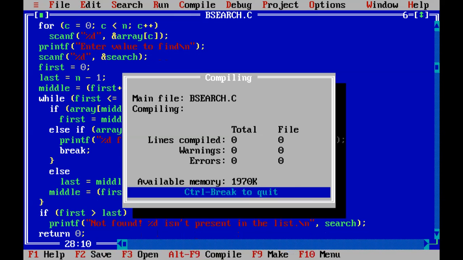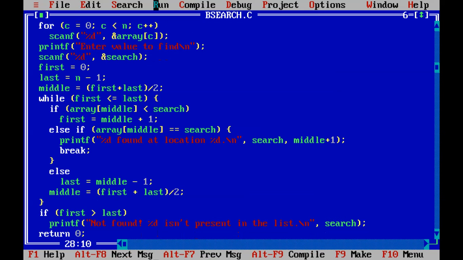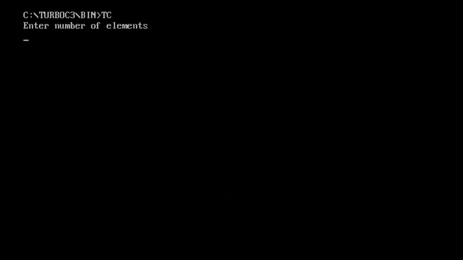So compile it, then run. Enter number of elements: 6, then enter the elements in sorted order.